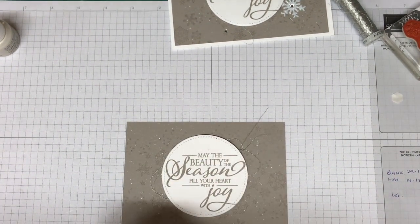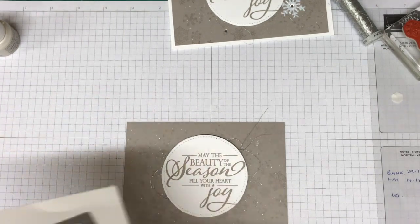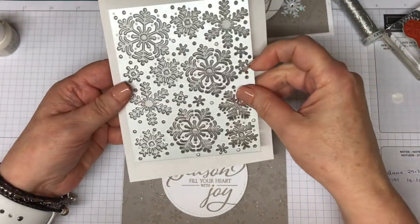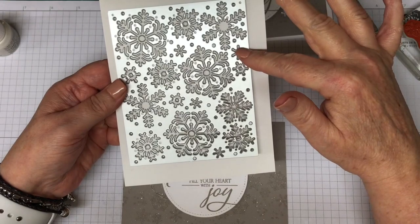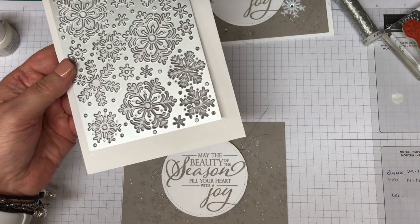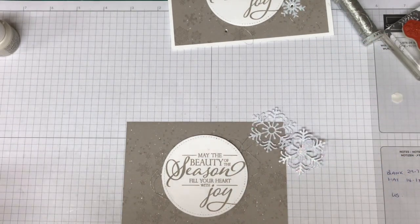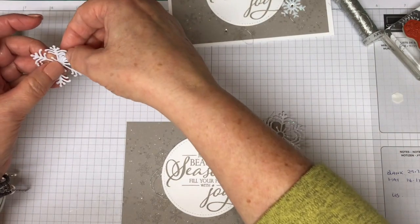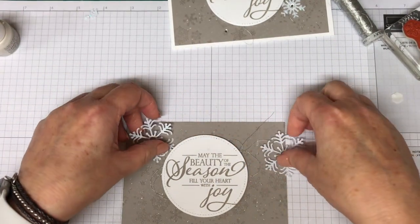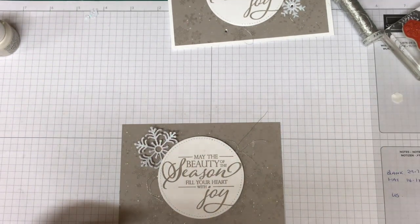Then with the Beautiful Blizzard stamp set comes this fabulous die. So you can get it in a bundle as well, and you get 10% off the bundle. So you can make a whole background of the negative bit, but then you've got all of these snowflakes all individually that you pop out, and you just want to pre-cut that in the white glimmer card, white dazzling glimmer card, and just tuck under either side